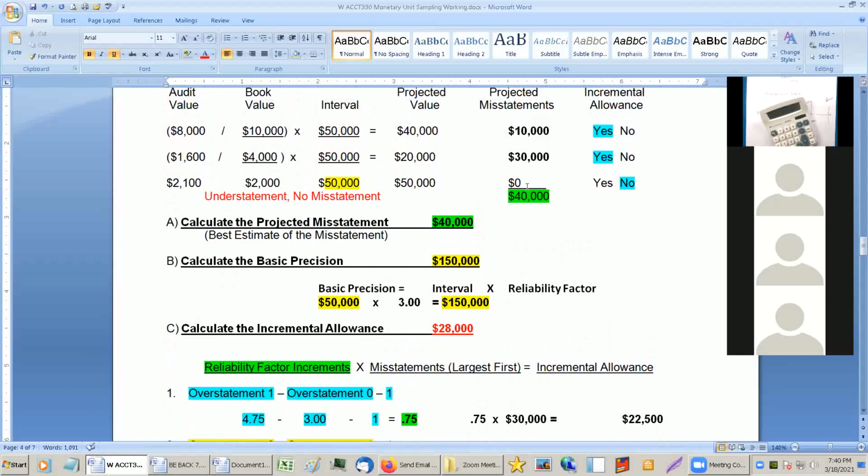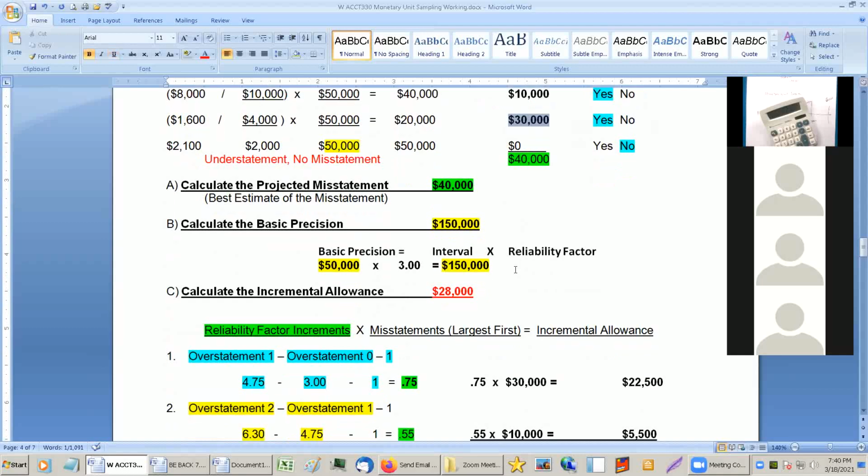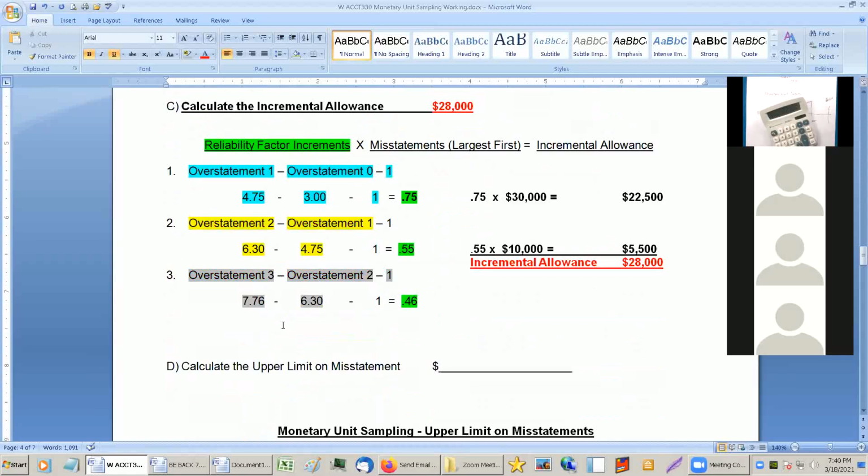You'd hope that the internal controls would find an error of 30,000 or whatever. So the larger the error, the more allowance you're going to give for this incremental allowance. Small error, small allowance. So the upper limit is